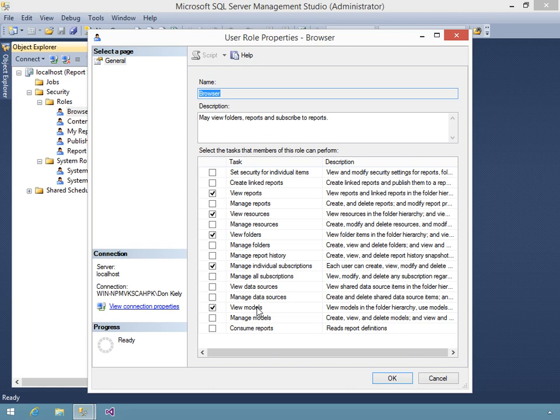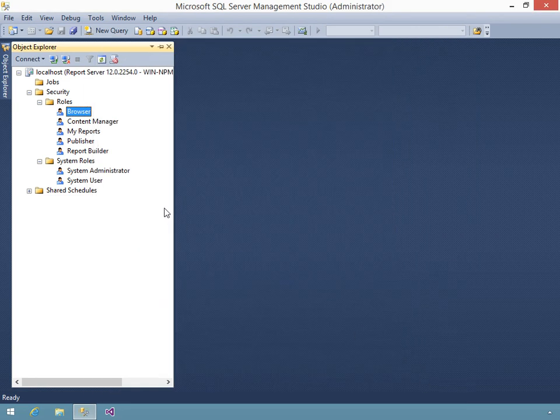So it's a relatively limited set of permissions, but by default, any members of the Browser role are able to do this throughout the entire folder structure that you create on the report server. You can restrict permissions to individual folders, however. These are the default settings for the home page within Report Manager. Okay, so that's user roles. Let's take a look at